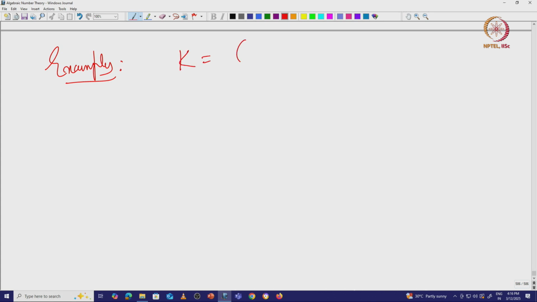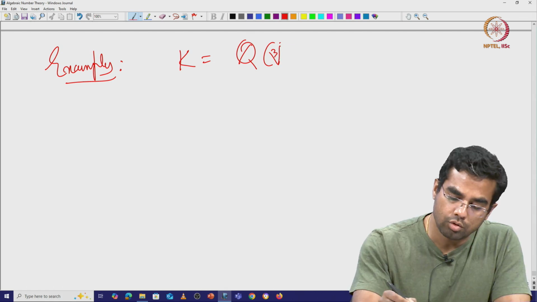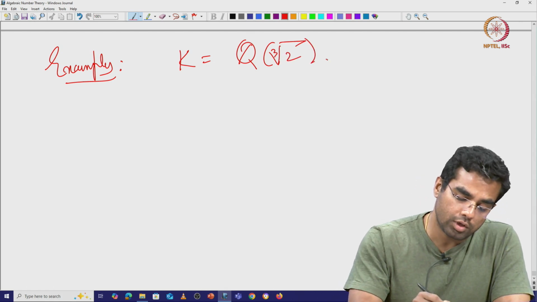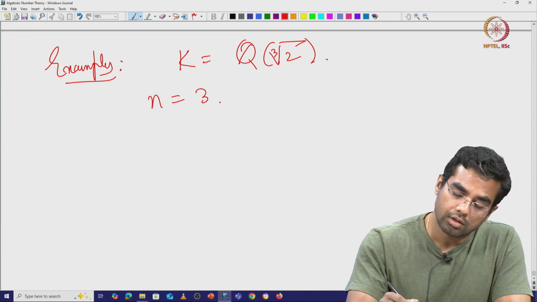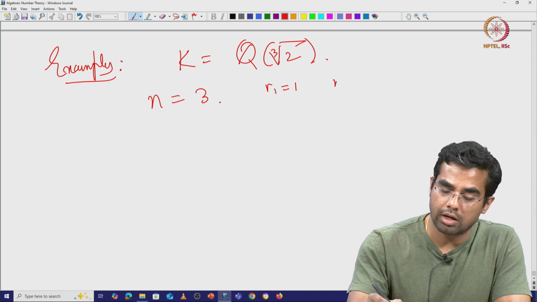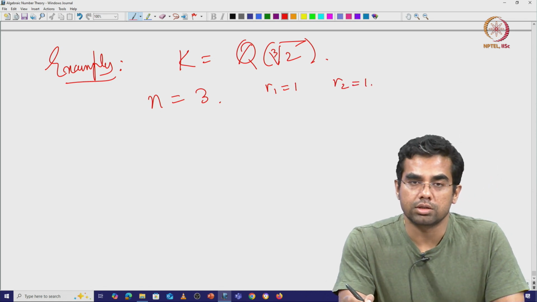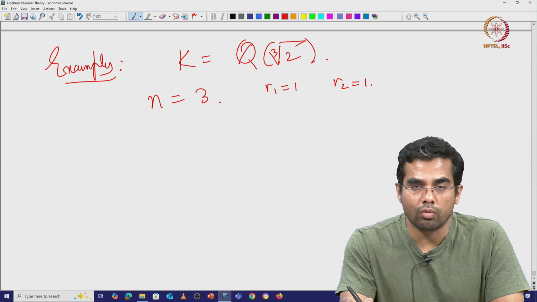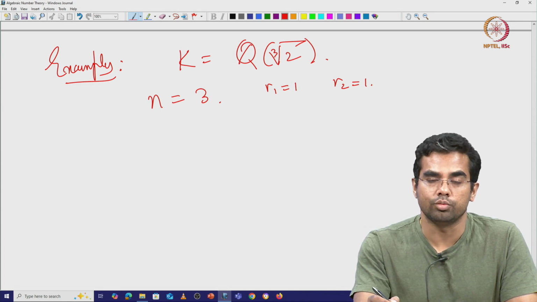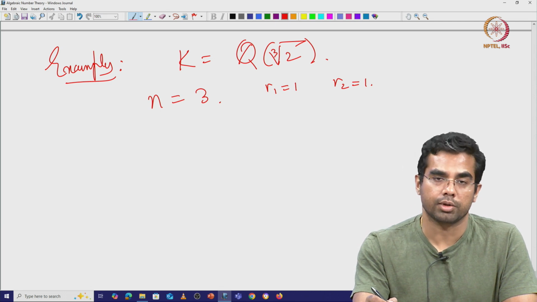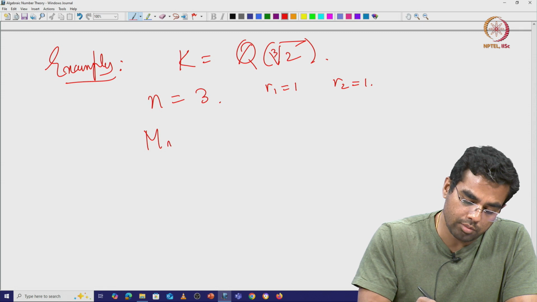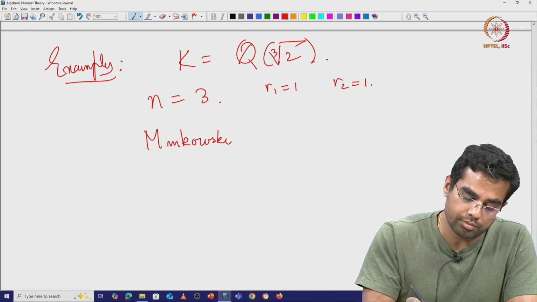So, K is Q of cube root of 2, right. So, what is n here? n is of course 3, and R1 is 1 and R2 is 1. So, this number field has one real embedding, which is you take the real cube root of 2, and it has one pair of complex embeddings. So, one complex place, and so the Minkowski bound for this becomes